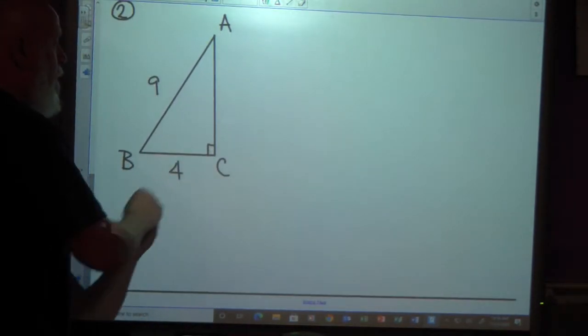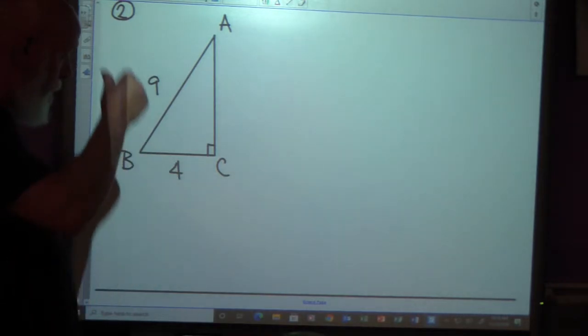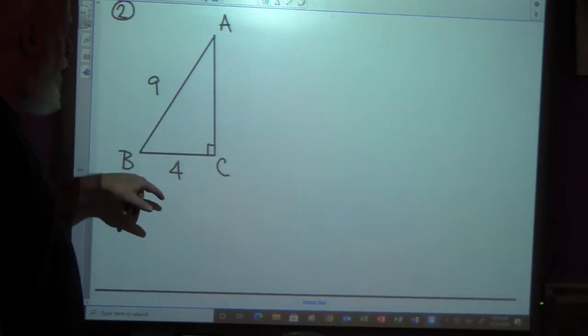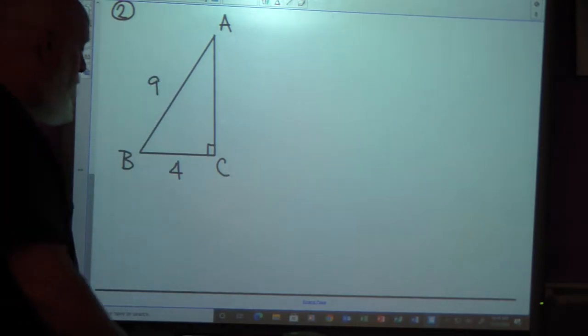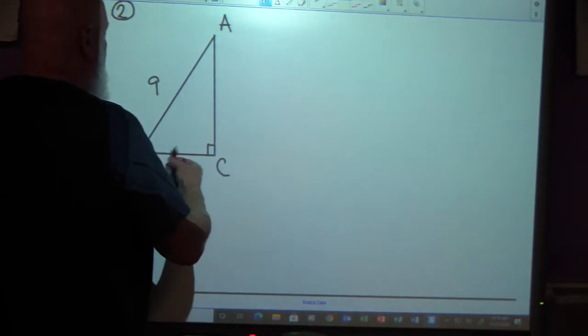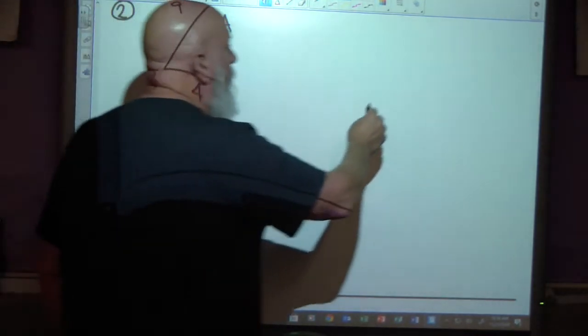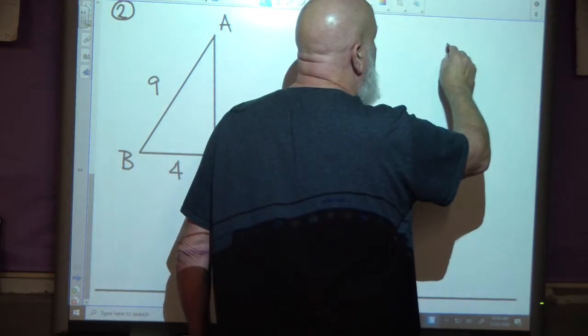In this case, we're just given one side. You know, we're not given any of the, I'm sorry, we're given two sides. We're not given either one of the angles. So I'm going to mark what I'm looking for. I'm looking for side b, angle A, and angle B. So I'm looking for angle A,